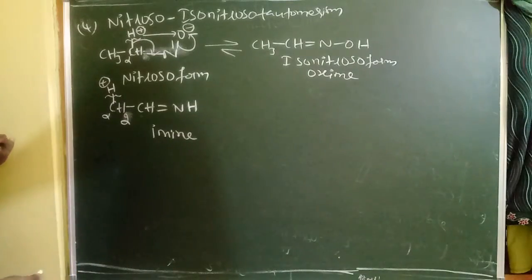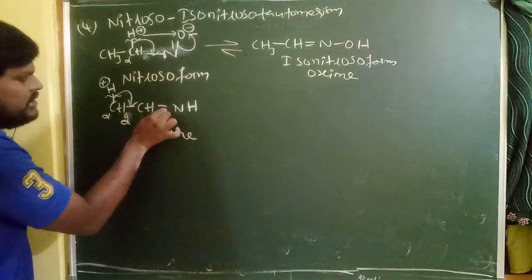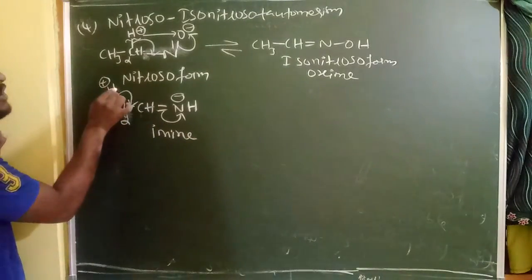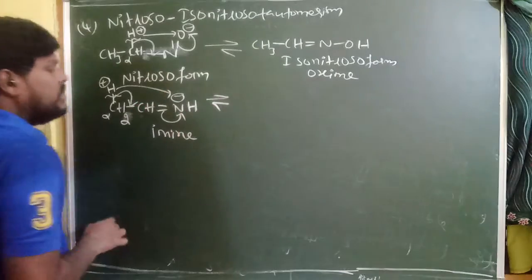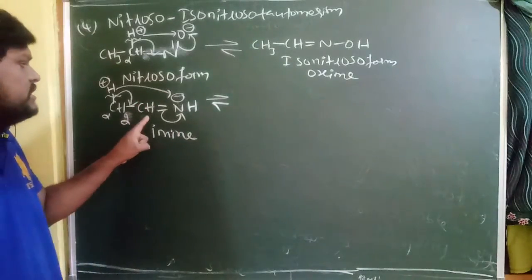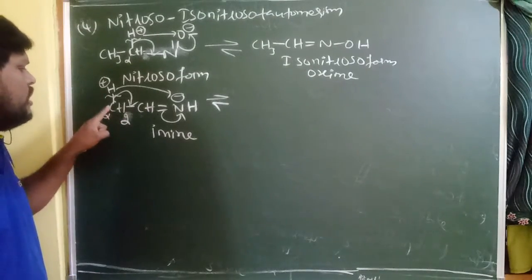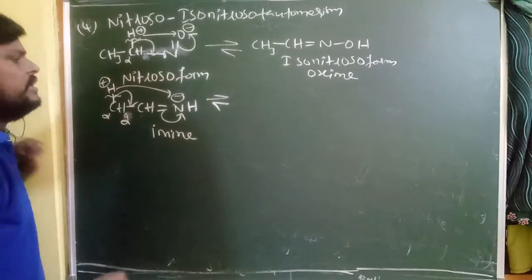Immediately this bond rotates between these two carbons, and this bond rotates towards oxygen, and oxygen gets a negative charge. The positive charge of the hydrogen migrates towards oxygen. Here also, if you observe carefully, the positive charge of the hydrogen is migrated from the first to the third atom. That's why it is also an example of a triad system, right?